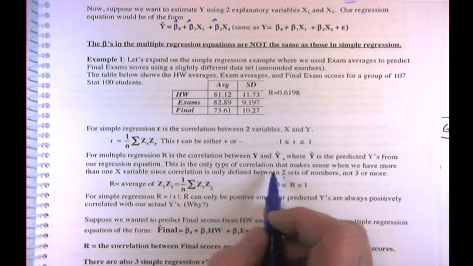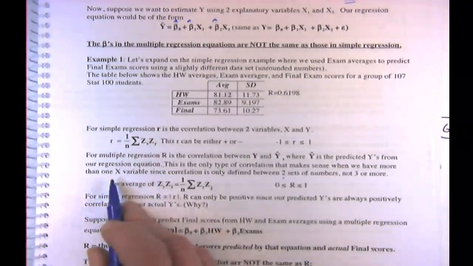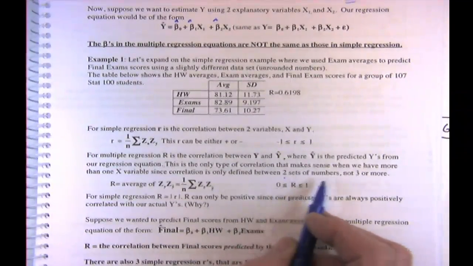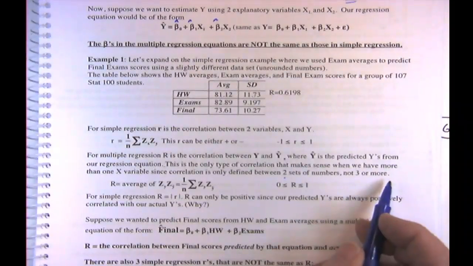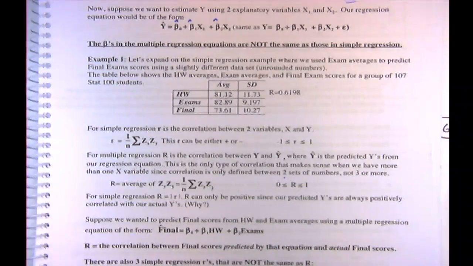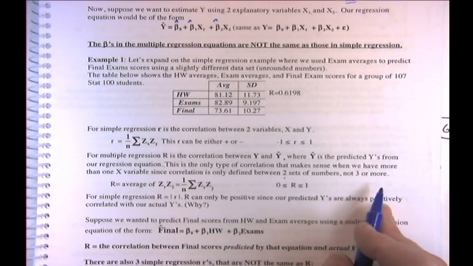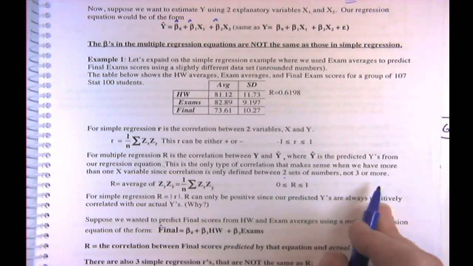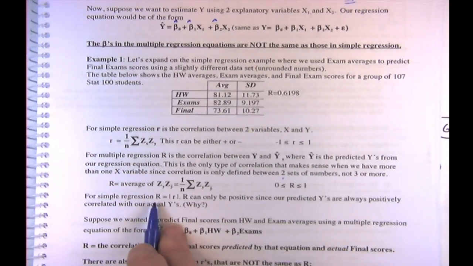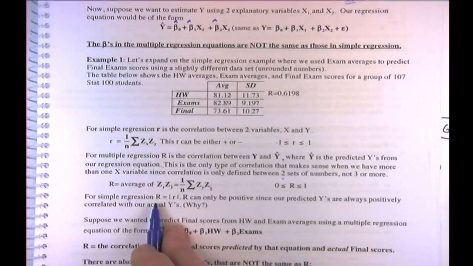This is the only type of correlation that makes sense when we have more than one X variable, since correlation is only defined between two sets of numbers. You can't define it between three or more. So we have two sets of numbers: the predicted Ys and the actual Ys. And it makes sense, thinking of it that way, that